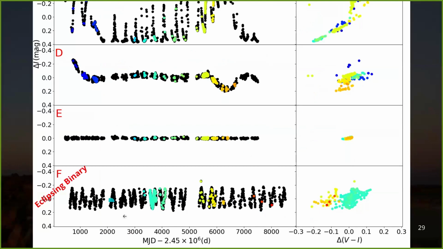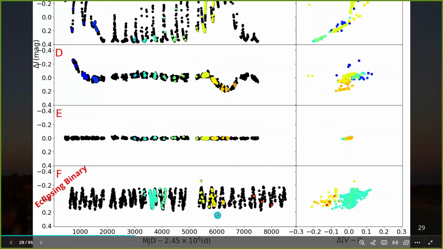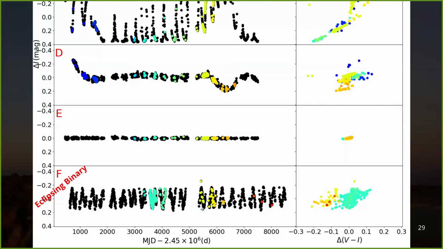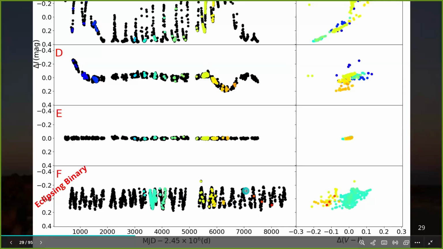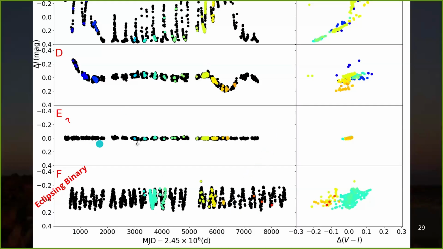And we see in this lower panel that the B sample selected by Menikent and Sabogal was contaminated by eclipsing binaries, like this example, and also some light curves that we do not understand very well what is happening. Since our methodology is based on photometric variability of those targets,